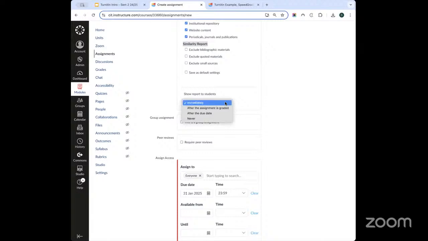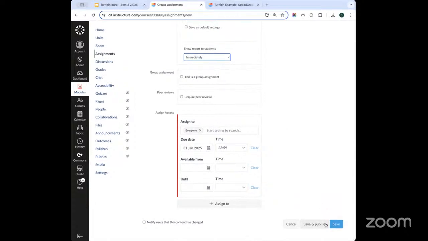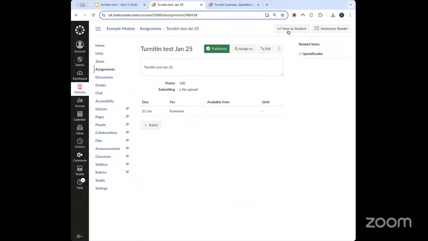And I suppose the main element to consider there is if you want to offer students that opportunity or you don't. So when all of that is done, we can simply hit the Save and Publish button. And from here, if we view a student,